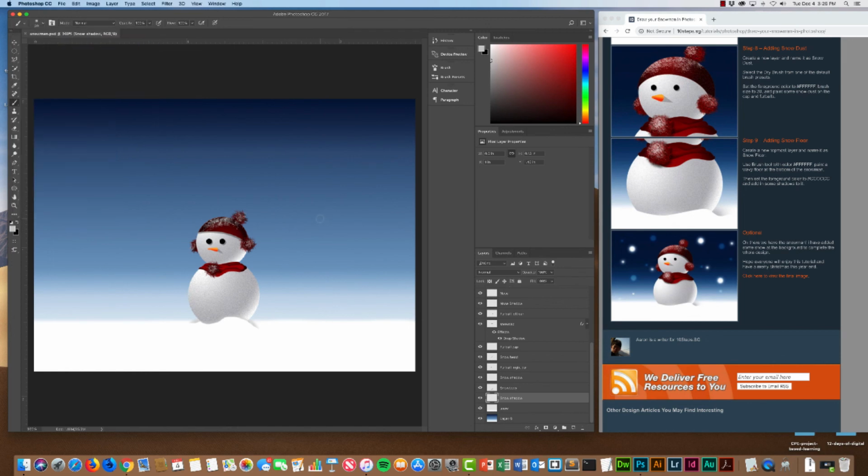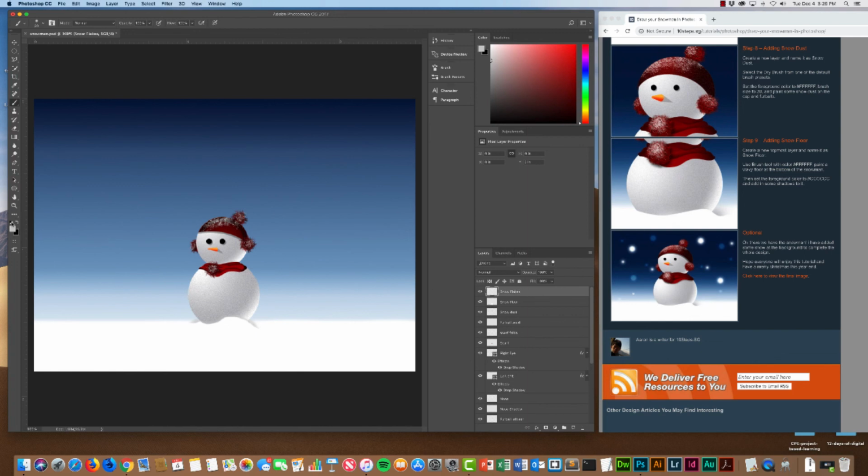And if you set the flow or the opacity to 100% there, these might be the ones in your foreground, and you just click a couple times. And actually, hold on, I got ahead of myself here, and my color is off too. It's in a gray, so we need to bring out a new layer. So where my snow floor is, I'm going to create a new layer there, and we're just going to call this snowflakes,